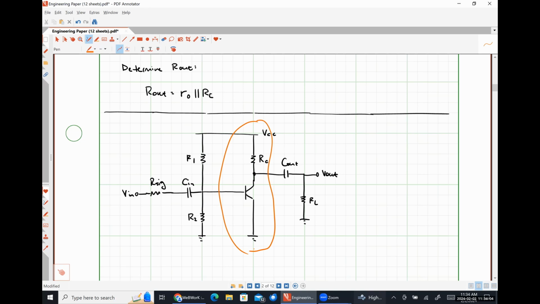Okay. So what I'm going to do is I'm going to draw a model of this circuit where, just to be really clear here, I'm going to make both of these capacitors short circuits with the understanding that we're working at a frequency where those capacitors look like short circuits, right? So large capacitors are going to look like short circuits, so that at a small signal level, we're just going to have this network on the input side and then this network connected to the output side. Okay, so